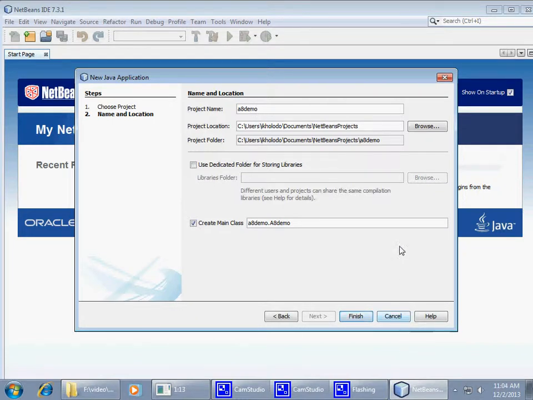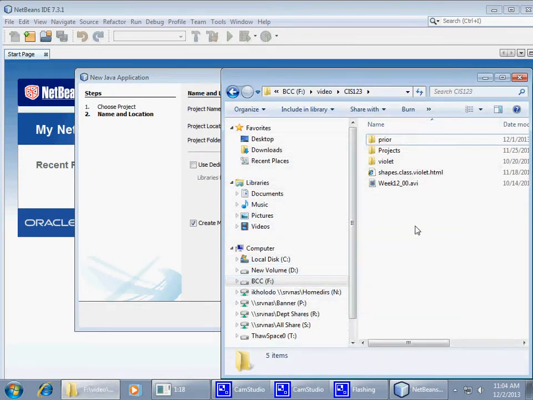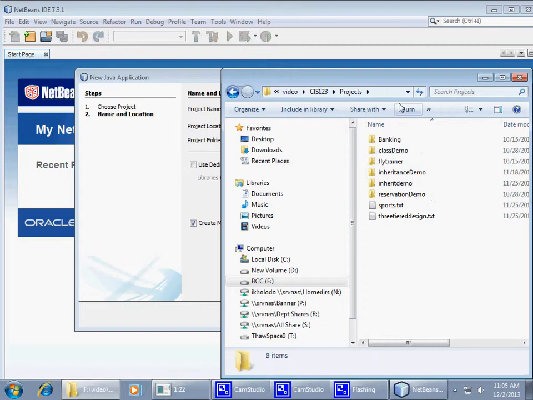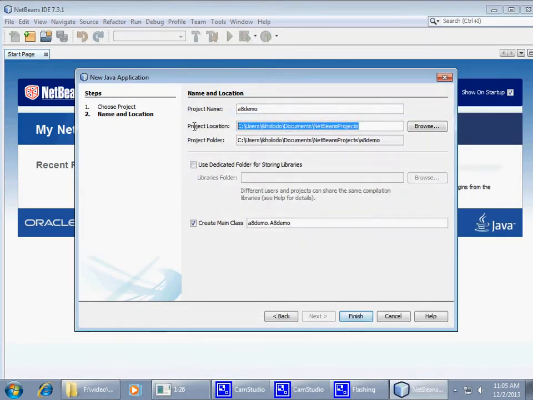We'll do some programming today related to that project, and I'll save it on my drive here. Okay, so ready to get started. So I'll start the project,